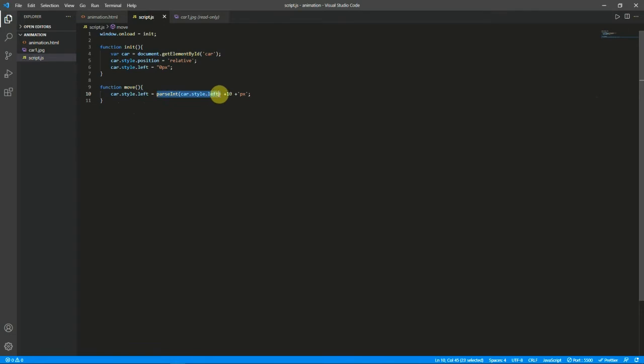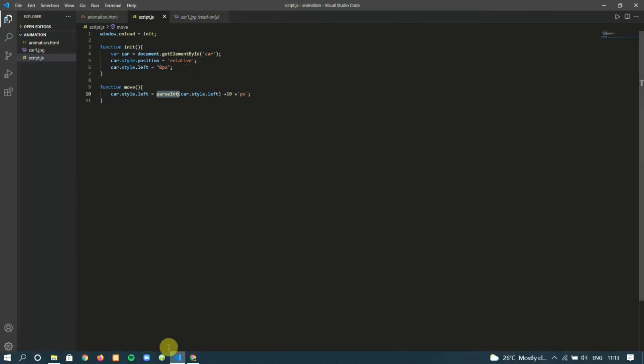Okay, so here we are just telling car.style.left is equal to parse car.style.left. So this returns us the value of current car.style.left. So the current will be 0. So we are adding another 10 to it, 10 to the current. So here it will be 0 and we are adding 10 pixel to it. So again when we click the button, again the current will be 10. We are adding again 10 so that it will become 20. Okay, so let's see how it's working. When we click the start, the car moves 10 pixel forward. Okay, so this is something.